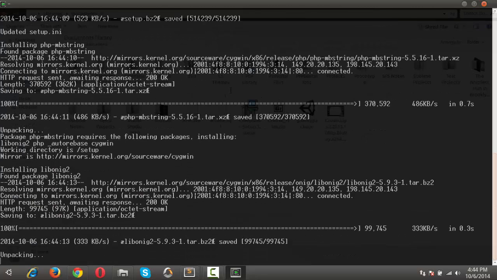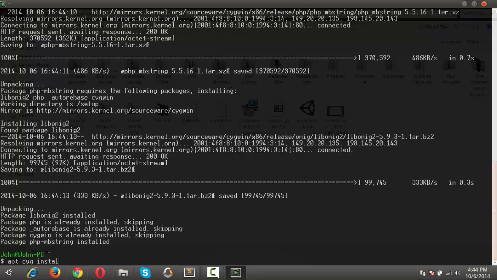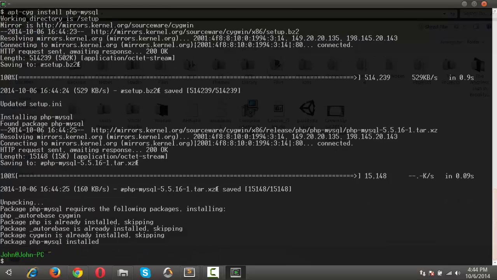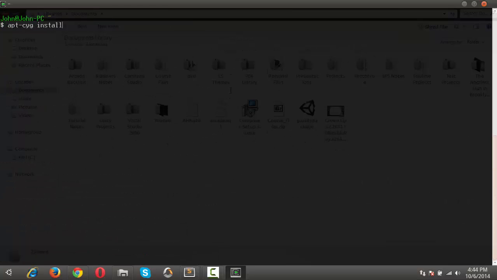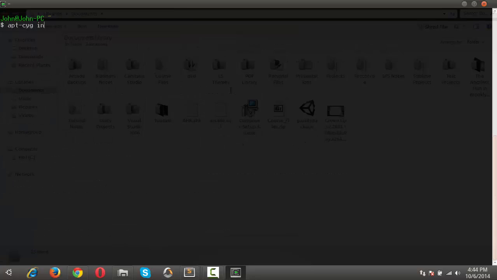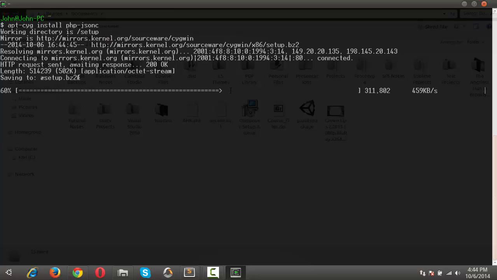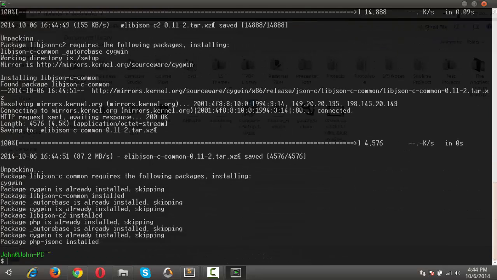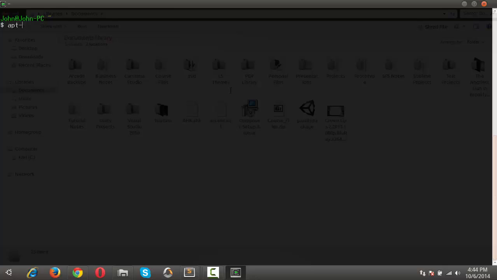and let this run. apt-cyg install php-mysql, apt-cyg install php-mysqli, and same old song and dance, php-json. And let this go. And apt-cyg install php-ctype,